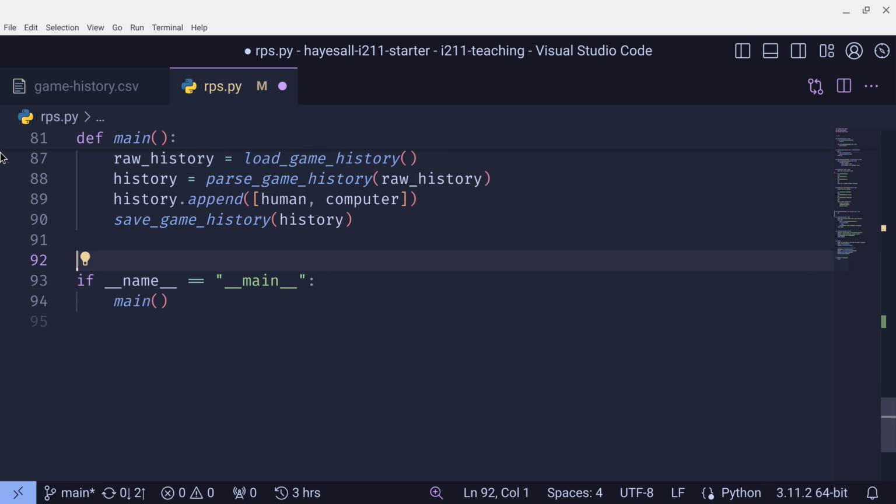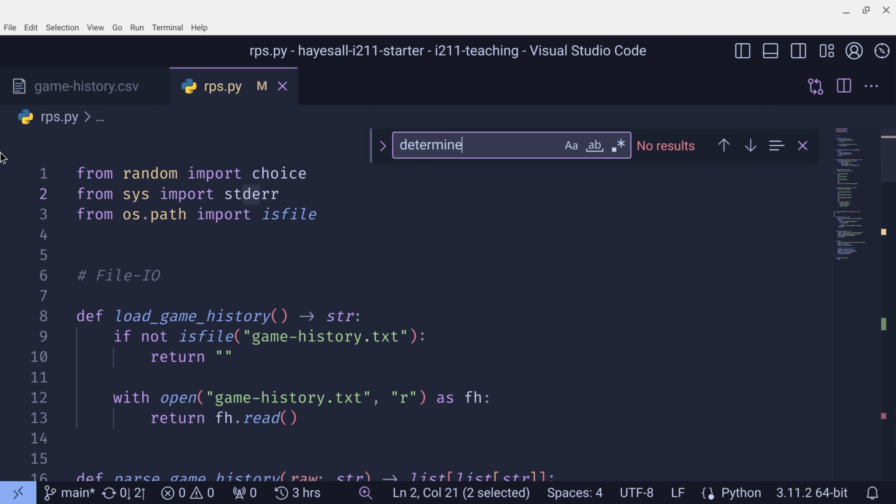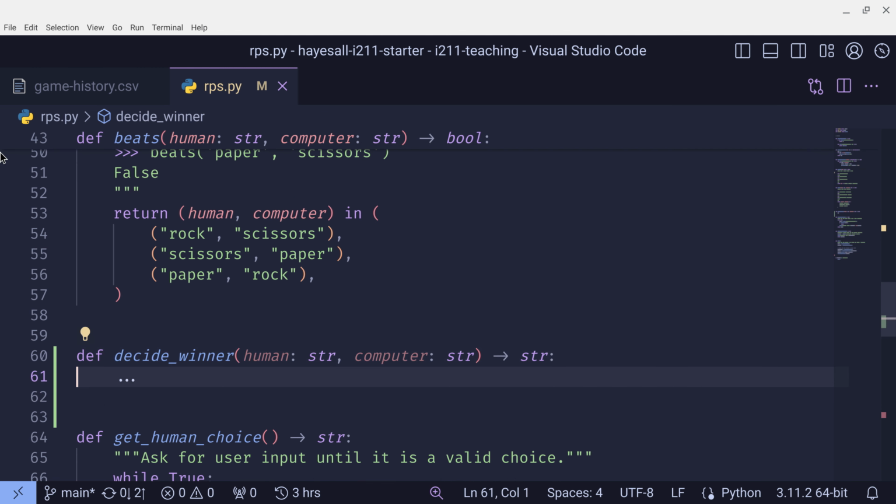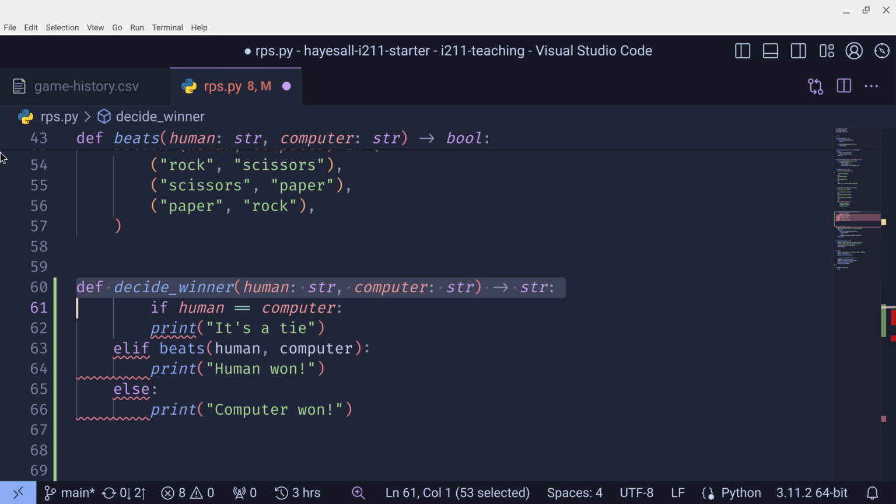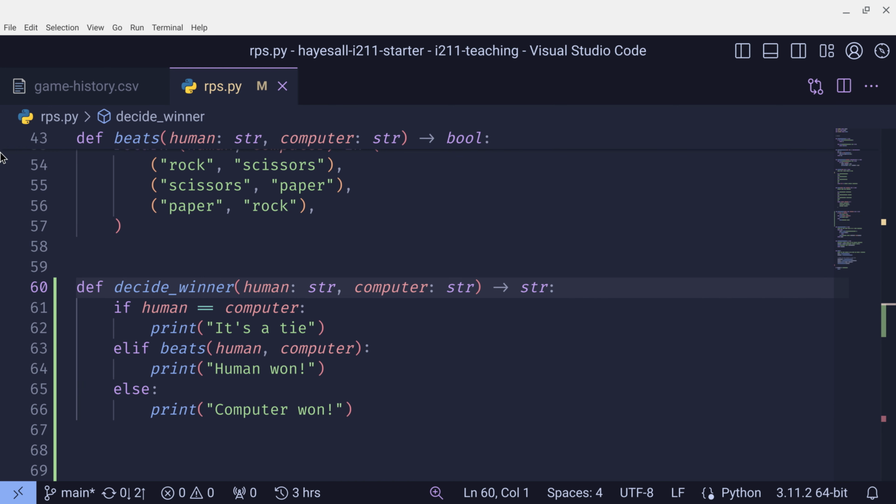So maybe I'll cut this out, put that on my clipboard, jump back up to that function that I was writing, which I think was called decide winner. Okay, I will remove the ellipsis, paste that in here, fix my indentation a tiny bit. Okay, so here's the thing. Now instead of printing something, so instead of returning none, we now want to return a string. So I think what we want is